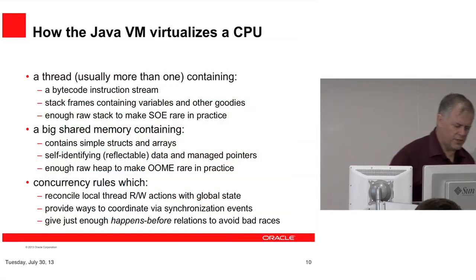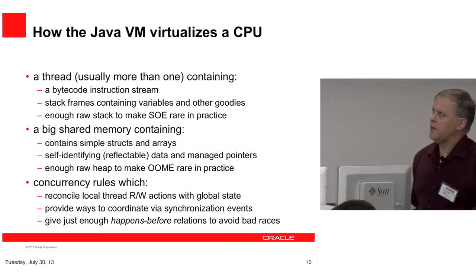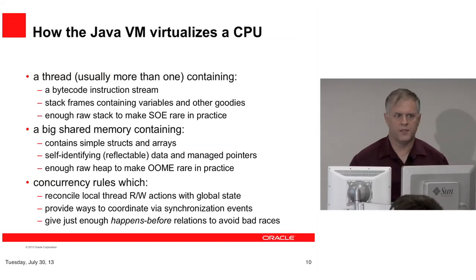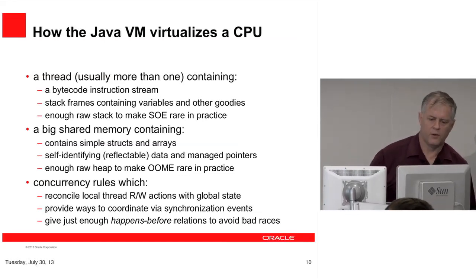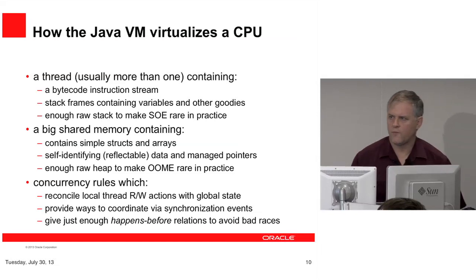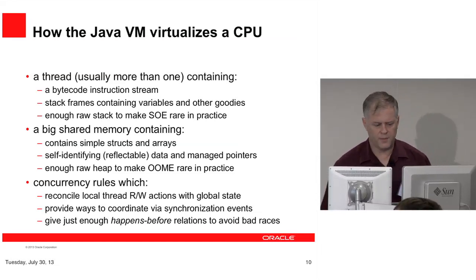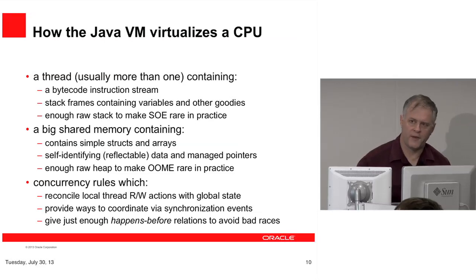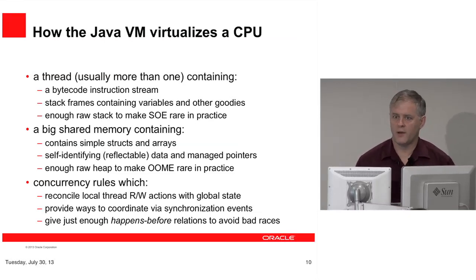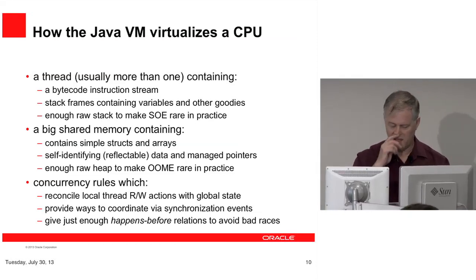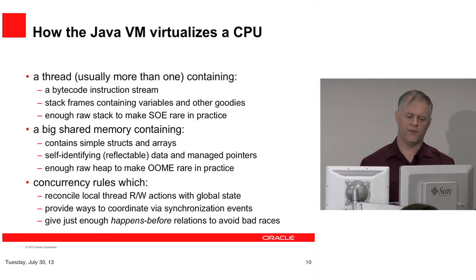So let's go to Java, because this talks about Java as well. What does a Java VM think of when it is actually driving a CPU? Well, it's primarily thinking of, and this is my compiler centrism coming in, a stream of bytecode instructions. And then, of course, the bytecode instructions act on stack frames, and there's this whole rule about how they stack and what's in them and how you verify them.